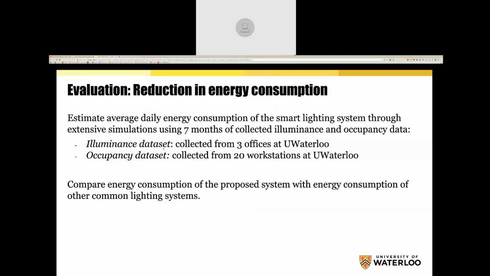We couldn't find any data set which measured the external daylight. So I found some colleagues who were on sabbatical, because I needed unoccupied offices. In 3 of these offices, we collected data for 7 months, every minute for 7 months. So we have a fairly large amount of data on the amount of daylight coming in at 2 locations in 3 offices at Waterloo. We also collected occupancy in a different set of offices over 3 years for a different project. And we mixed these two together to estimate the amount of energy consumption we would reduce by using our system.